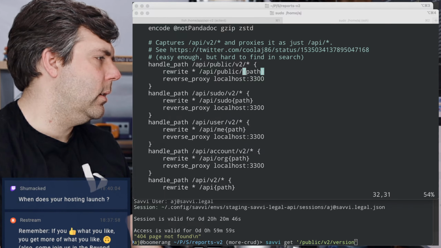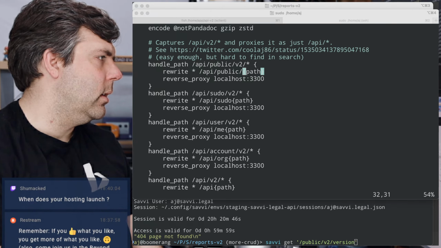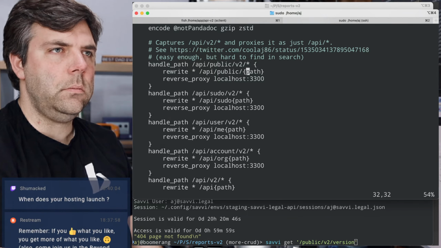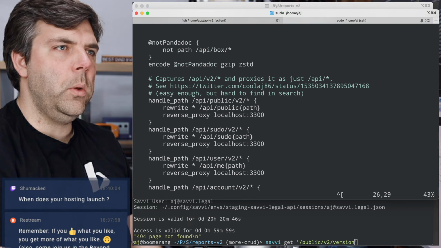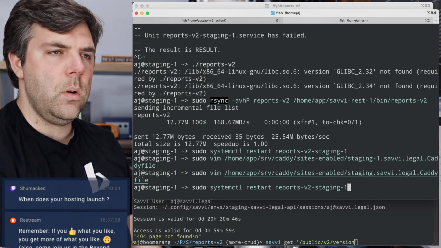Dang it. Well, it's going to be similar. I don't know. That makes me sad. The tooling makes the man. We need better tooling.